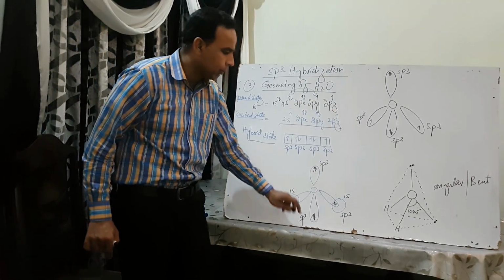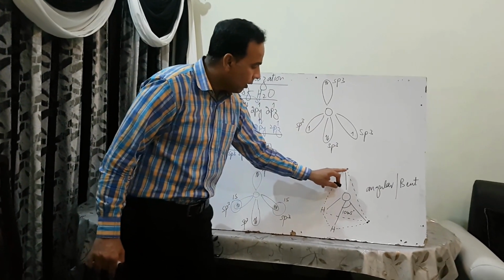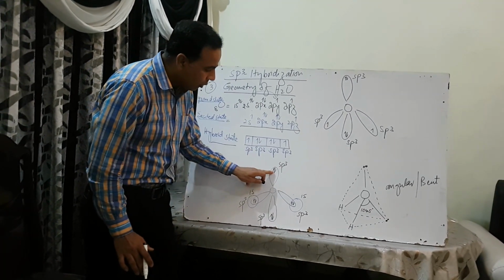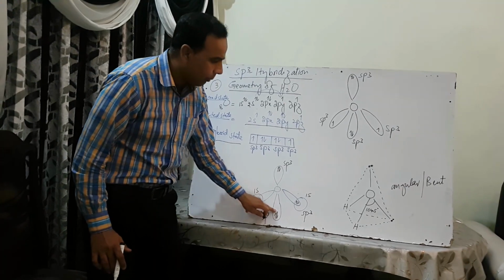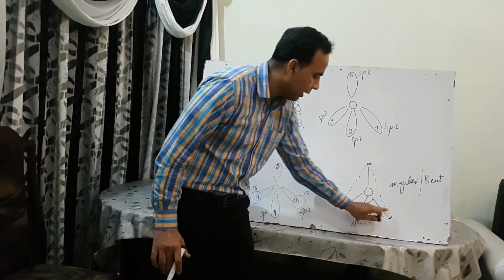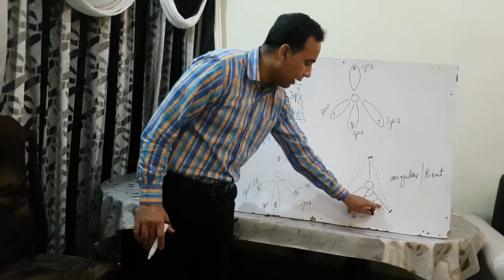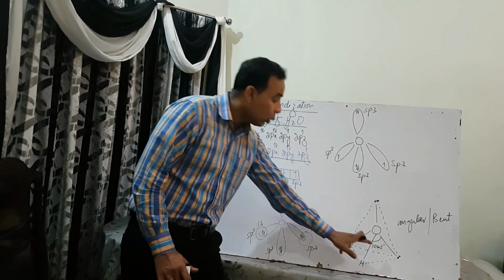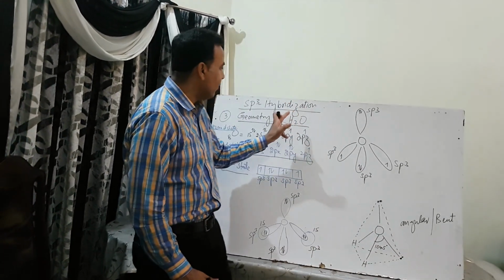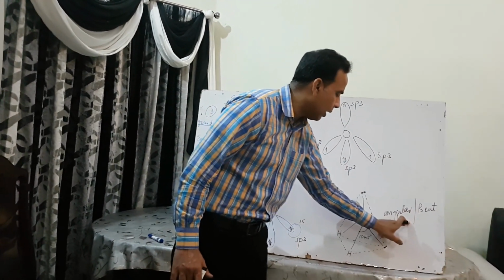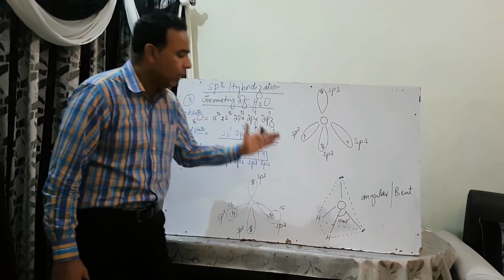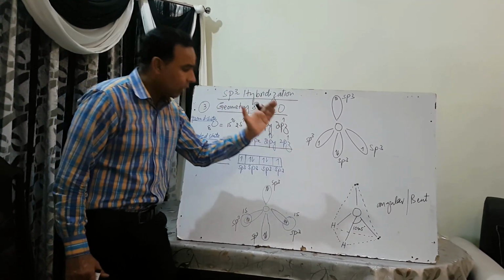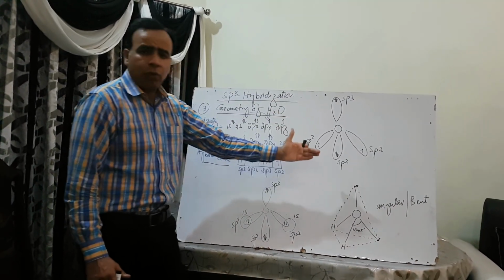This is sp3 and sp3. And my dear students, there are 2 lone pairs. Here there is no bonding. This is the lone pair and this is the lone pair. There are 2 lone pairs present in the water molecule. Therefore, its bond angle is further reduced from 107.5 in the case of ammonia to 104.5 in the case of water, and its structure is bent or angular. This is the structure of the water molecule. Because of the presence of 2 lone pairs on the water molecule, its bond angle is 104.5 degrees.